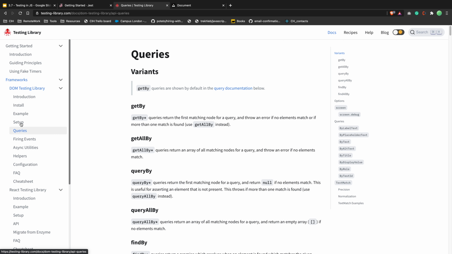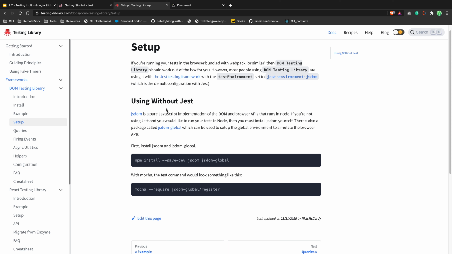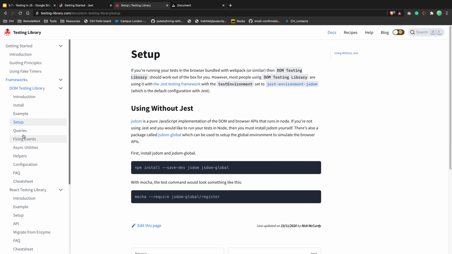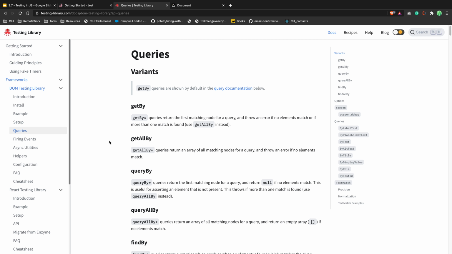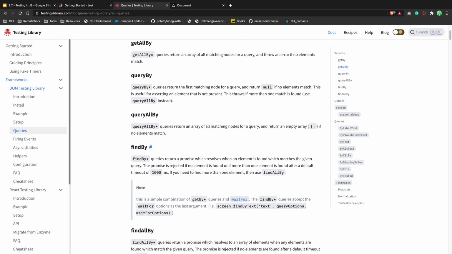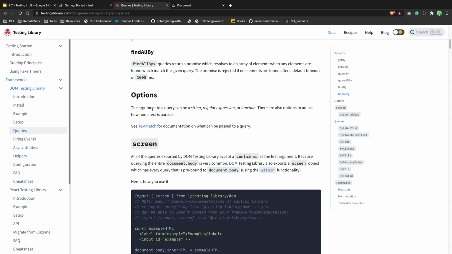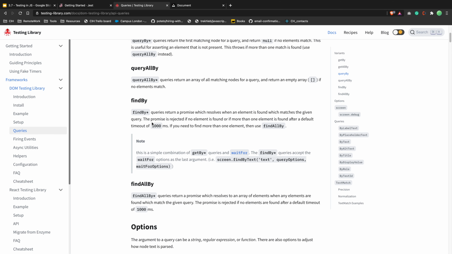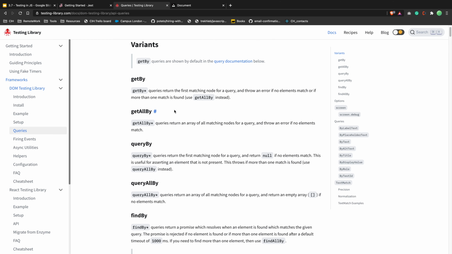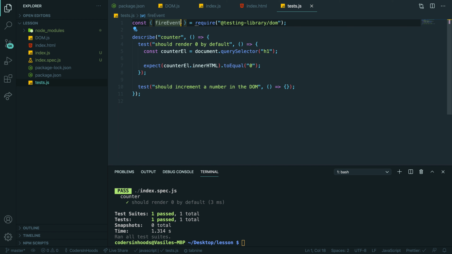Yeah, so fire event, setup, with Mocha, with JS DOM. Wait a second, using without jest. Okay, I think that should be fine. So we have a few methods, get by, and you can use container. So you can have like get by something by ID, by name, but in our case we can have just